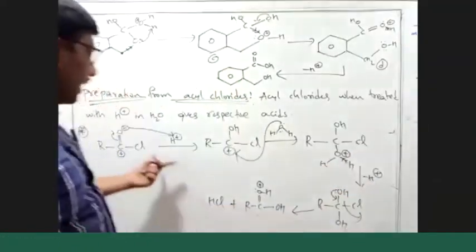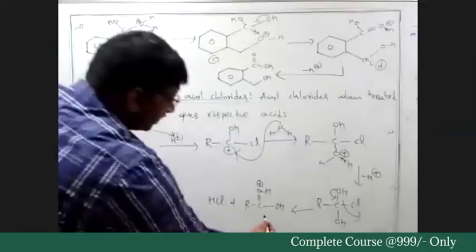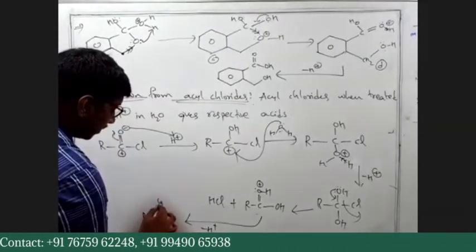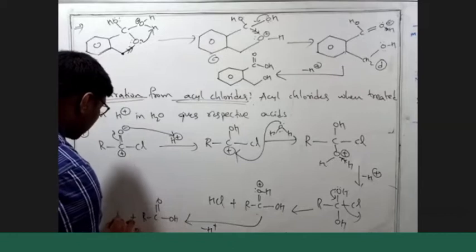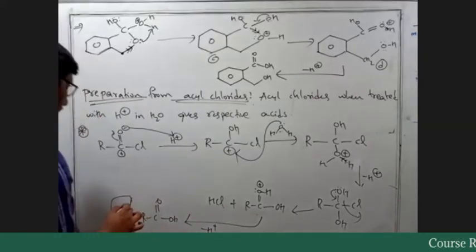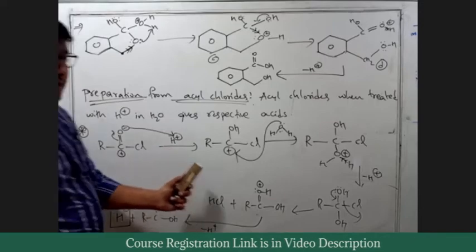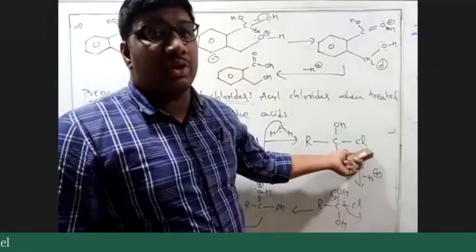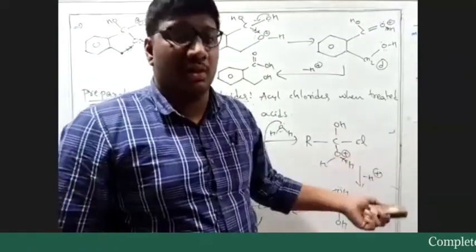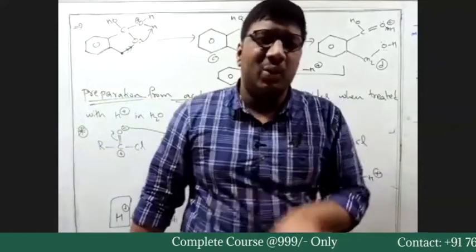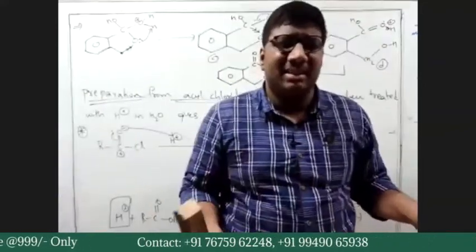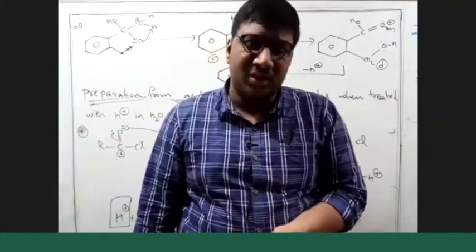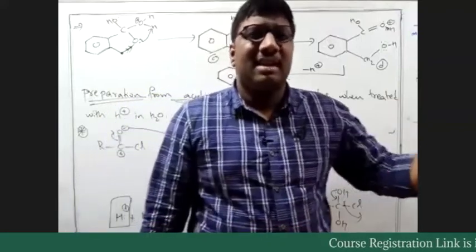But initially we have added H plus, right? That H plus will be regenerated now. Loss of H plus will occur and we will get RCOOH plus H plus. So this was the H plus which is regenerated, and this is the H plus which will get attracted towards chlorine. But in reality, we don't know which is which. Whether it is coming from H2O or H2SO4 or something else, it doesn't matter. In the solution, if we have H plus, Cl minus will attract it.